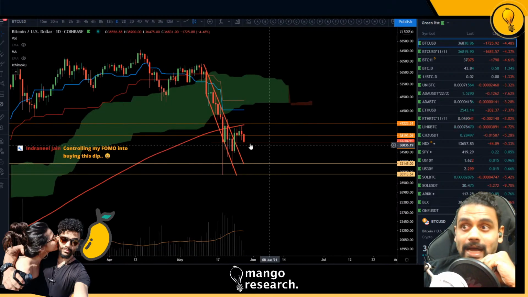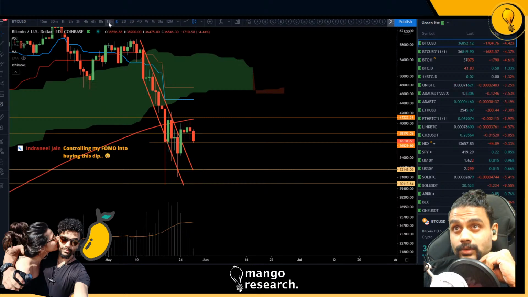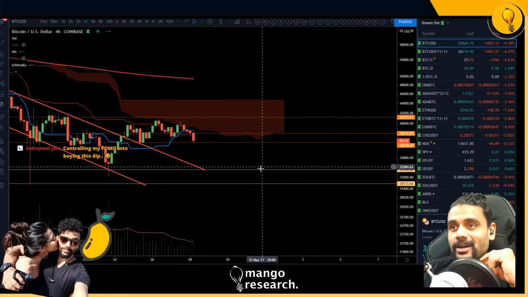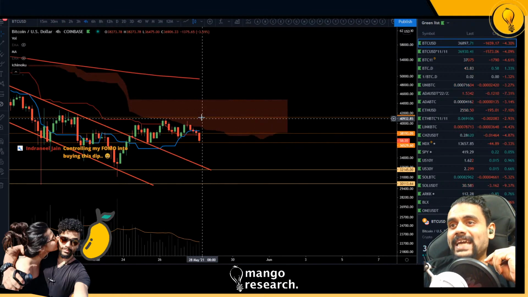Well, if you're looking at this as a higher low, then it's a dip to be buying. So the question is, is it a higher low? We'll find out more soon. We do have a bullish TK cross, so people are looking for the edge to edge trade over here.